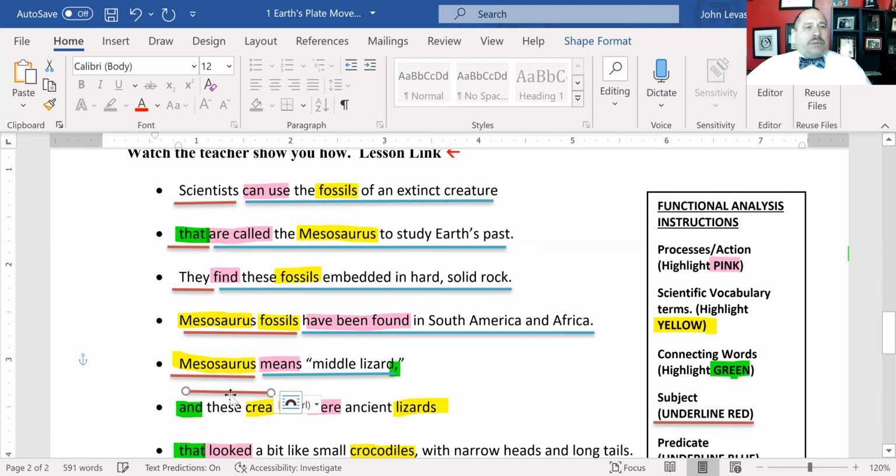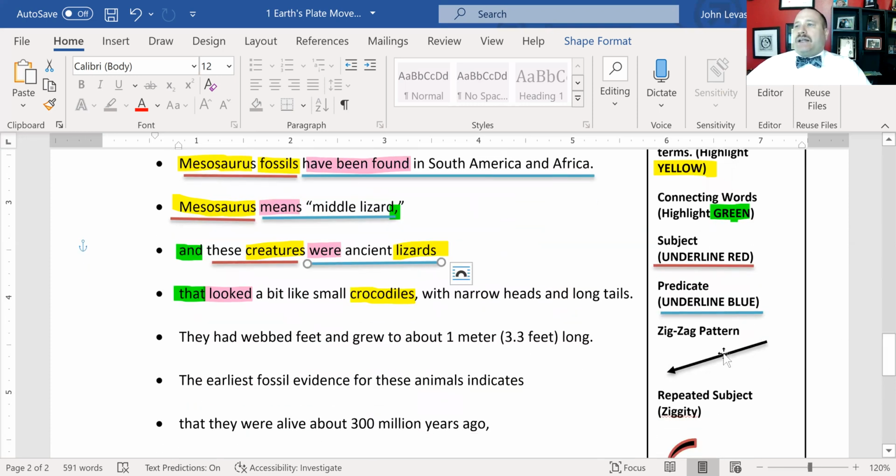And what's the next subject? The next subject is these creatures. And what information do we have about these creatures? We find out that they were ancient lizards. Subject, what you're talking about. Predicate, information about the subject. Okay, we'll stop there for this part, and we'll go on to the next thing, which is finding the zigzag